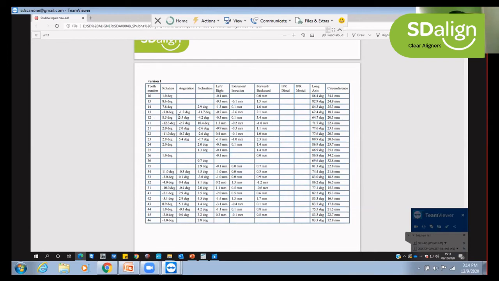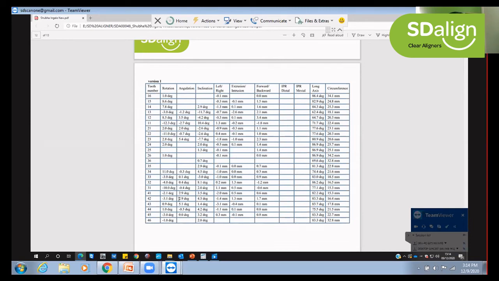So for 1-2, see, we can build positive 3.5 degrees. So if you can see, we have built a positive torque of 3.5 degrees for 1-2 and a negative of minus 1.2 for the canine. So this can be changed as per the requirement and also customized if we have CBCT data.